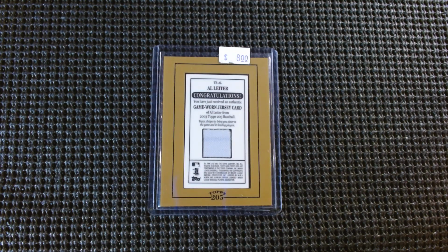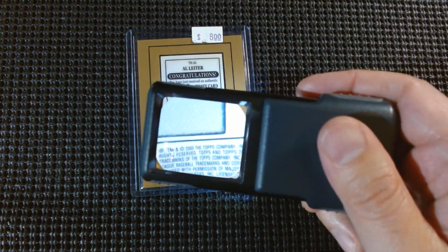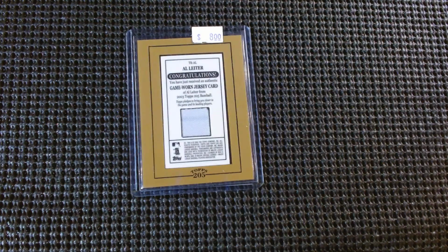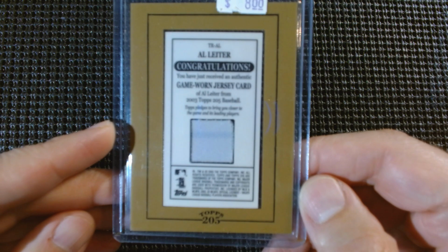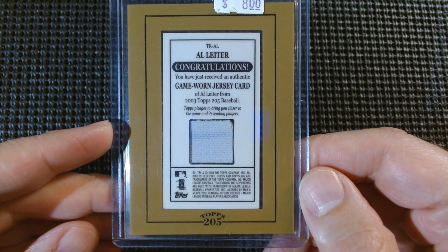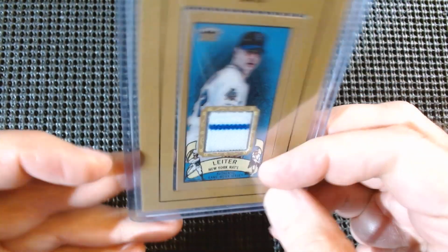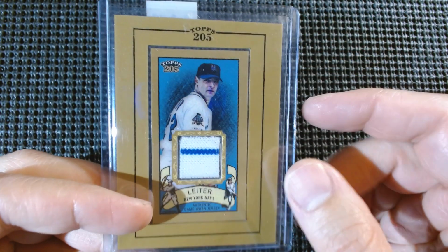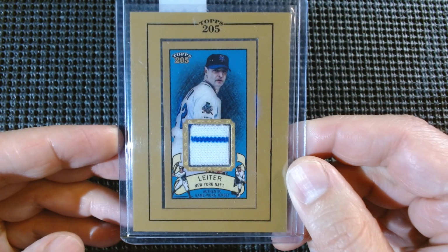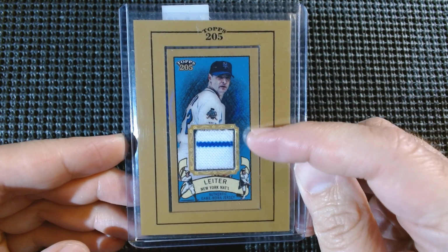I believe these are 2003. So the 206 and 2003. Topps 205 has gone through multiple iterations, I guess. I believe they did like 2002 or 2001, something like that. The original Topps 206 was a full card set, and then you got a mini in it, just like you do in Allen & Ginter. And then they would have these framed autographs. So this is even years before Allen & Ginter came out. So they were already playing around with the